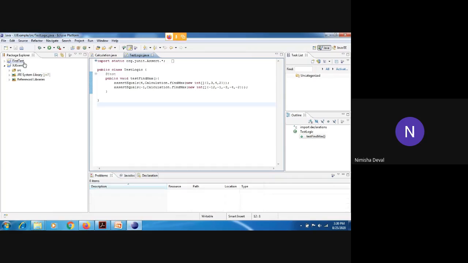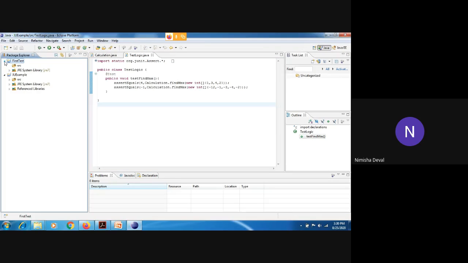Okay, now see here, that folder is created. Here src means source file. Right now there is no program, so it is blank. And JRE,